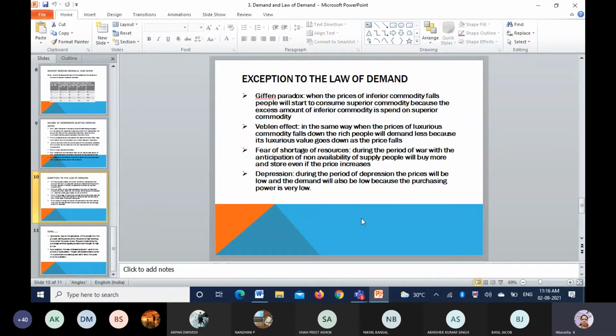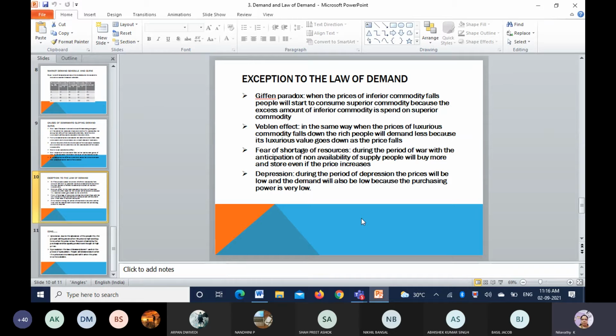So normally, rich people, when the prices of these are increasing, will be buying more. Why? Because they want to show their pride. And if the value is going to decline, they will not buy that. Why? Because it has lost its importance. So there, the law doesn't work out. That is why we call that an exception to the law of demand,